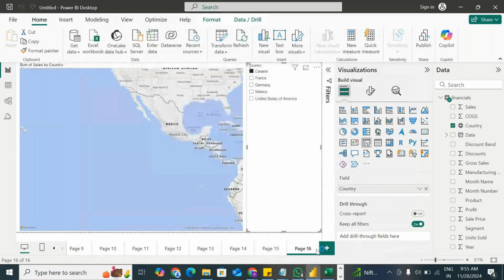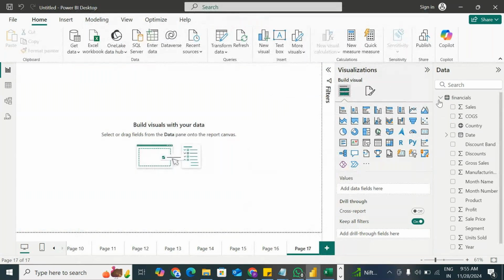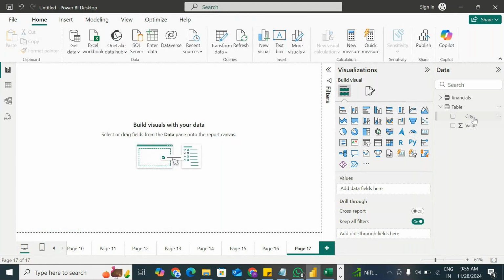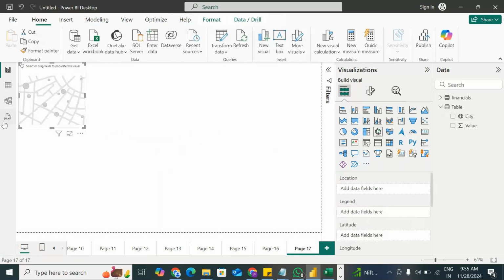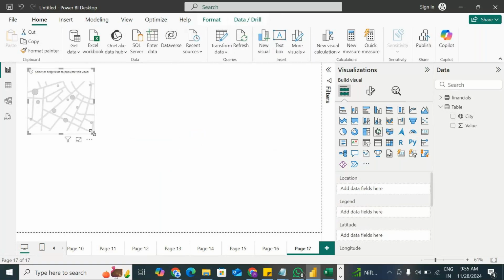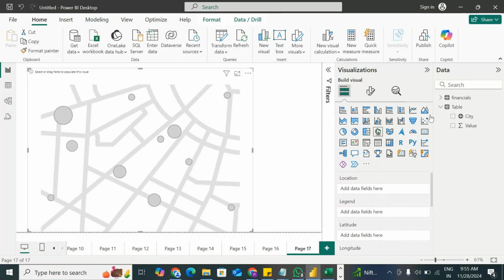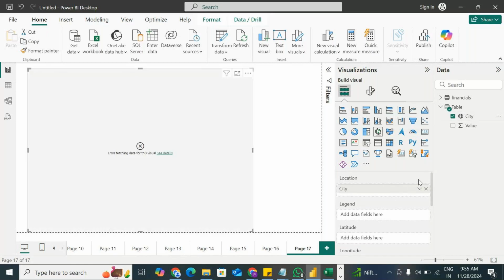And then after, I'm able to see the table that I created, and I'm mentioning this column as data category as a city. And now I'm taking a map visualization, and here I'm using city in the location. I'm fetching data for this visual. Then after bubble,